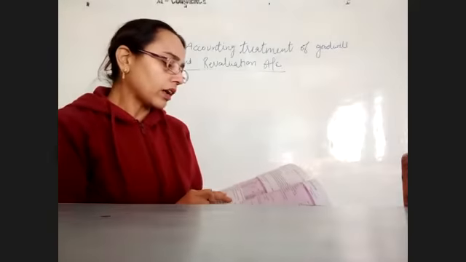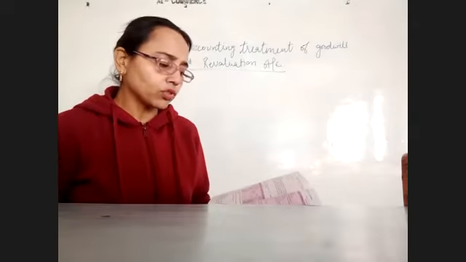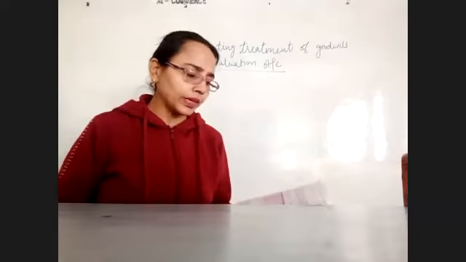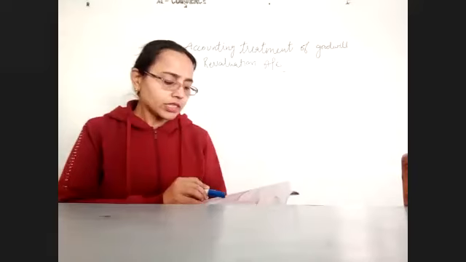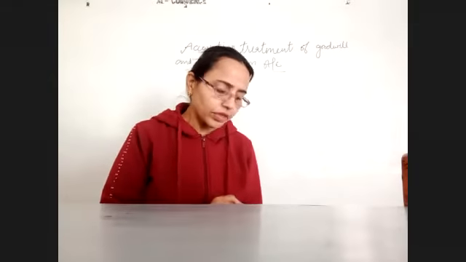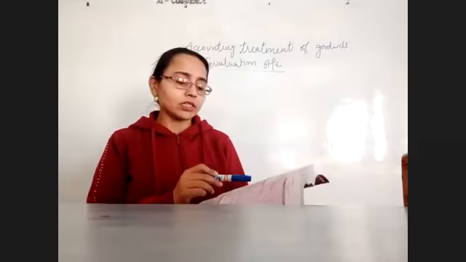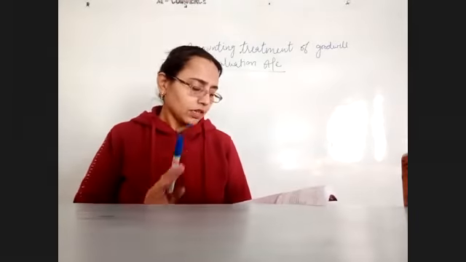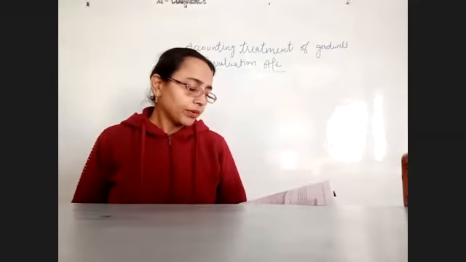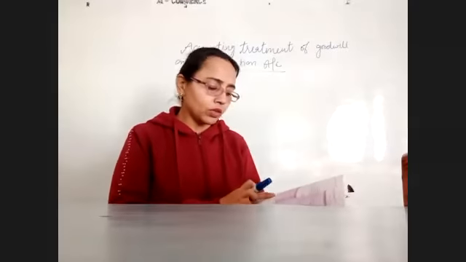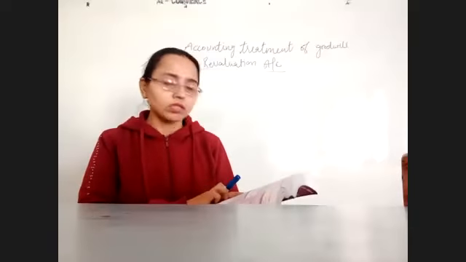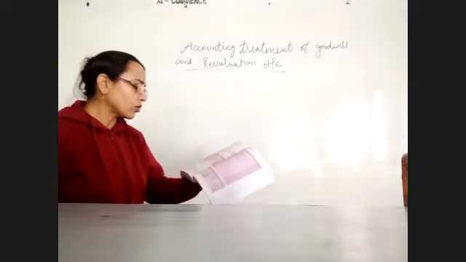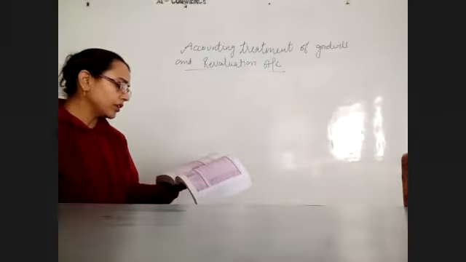P, Q, and R are partners in a firm sharing profits in the ratio of 2:2:1. Balance sheet of the firm as at 31st March 2020 is as under. Creditors and capitals are given on the liability side, and cash, debtors less provision, stock, plant, and patents are given on the asset side. R retires on this date and P and Q decided to share future profits and losses in the ratio of 3:2. The following adjustments are given. First, an amount of rupees 5,000 included in debtors be written off as bad debts.